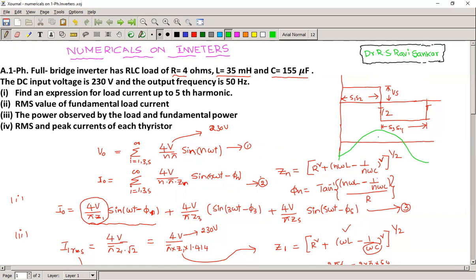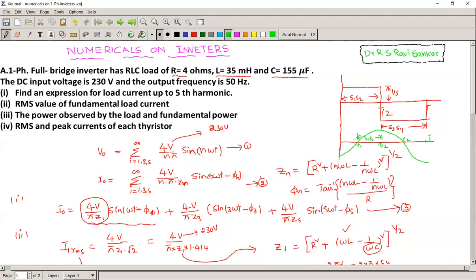So from this point to this point, S1, S2 conduct. Suppose you take this as a fundamental component. Along with the fundamental component, it has harmonics also. We are not bothering about the harmonics. We consider only the fundamental. So this is the peak value for the fundamental current. From this point to this point, you can take it as T1. This is T by 2. This is T2. This is T.